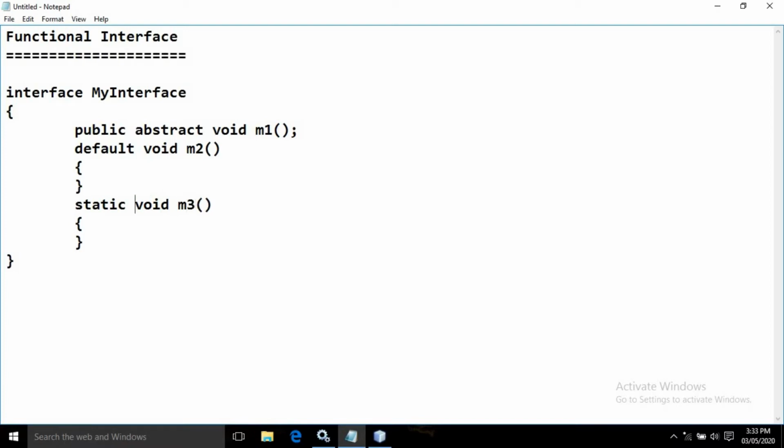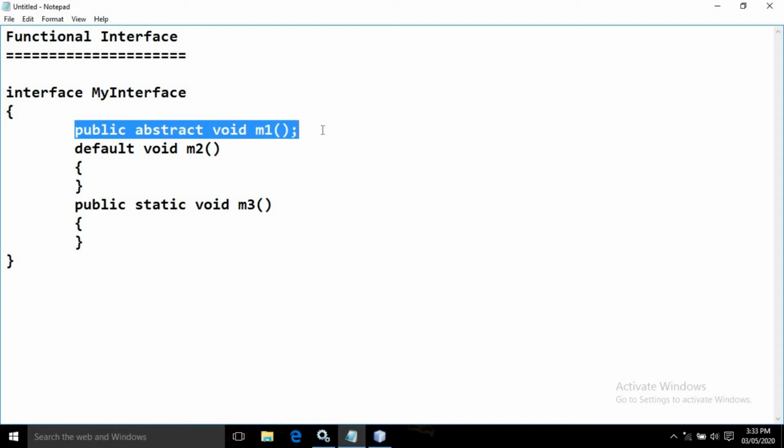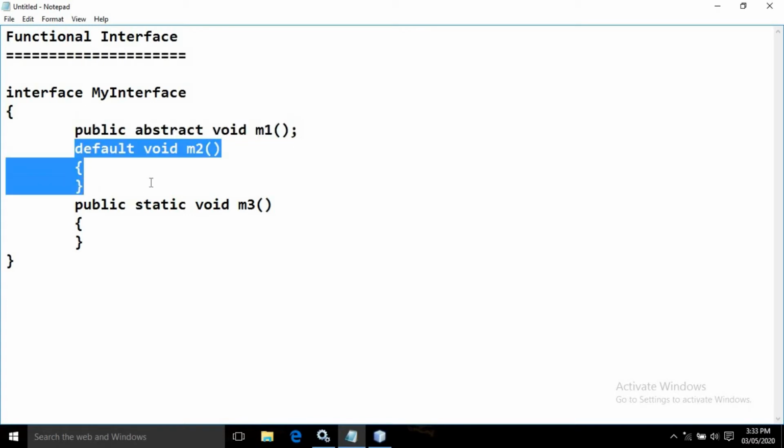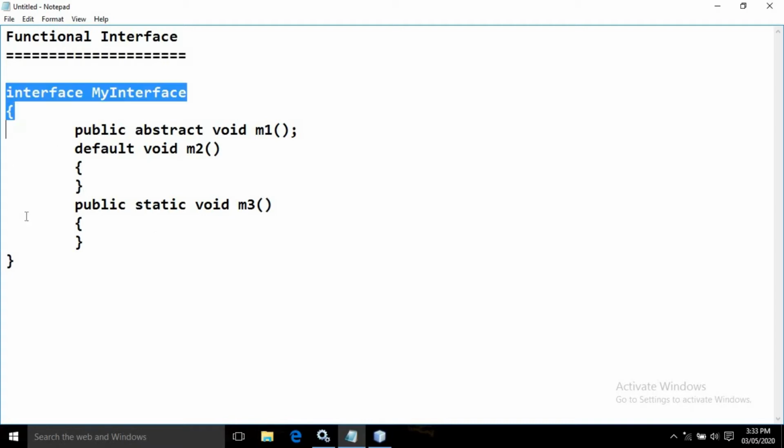So this interface is also a functional interface, because an interface which contains a single abstract method is called a functional interface, and it may contain any number of default and static methods. The main purpose of a functional interface is to call the lambda expression.